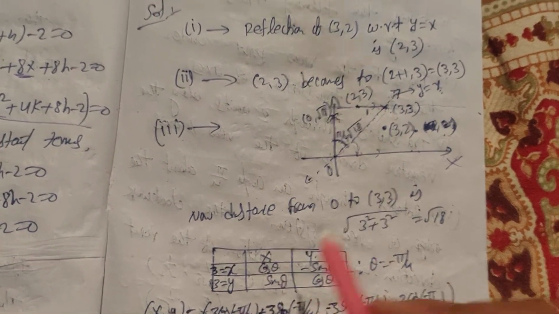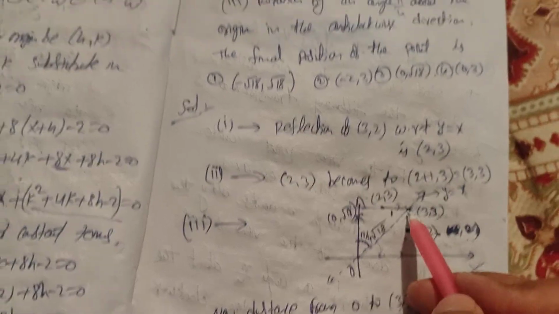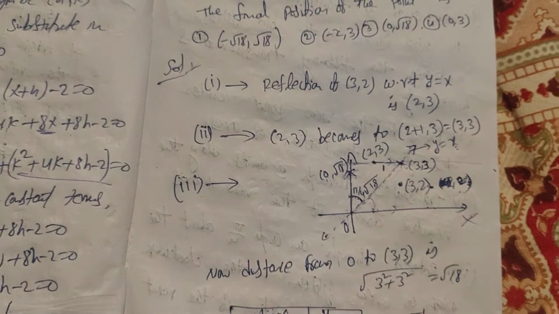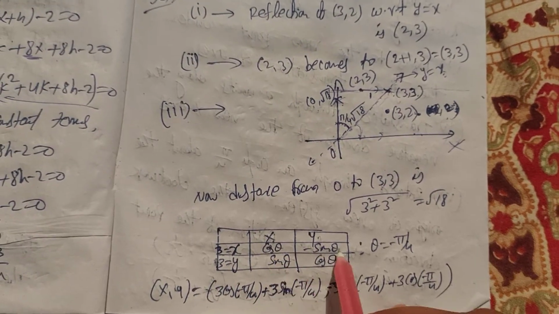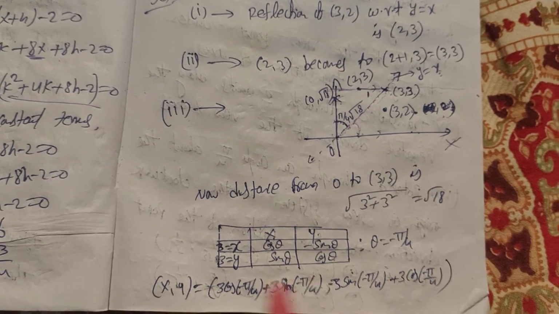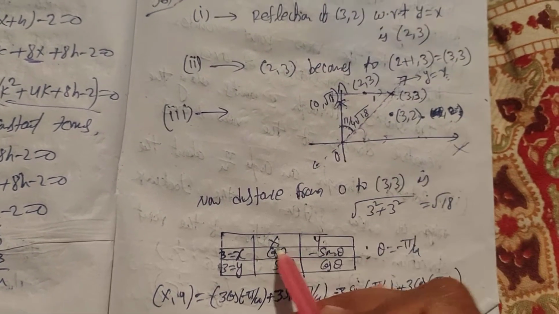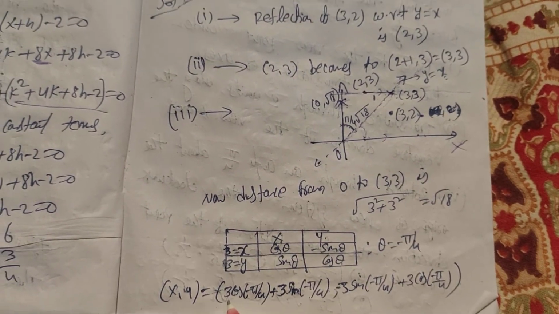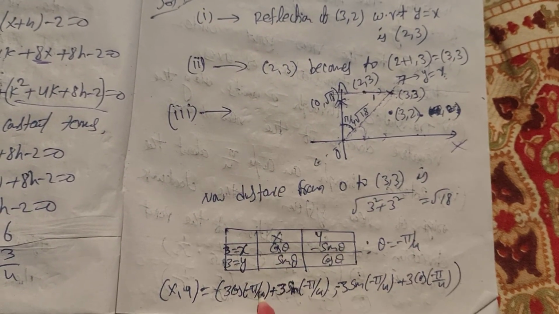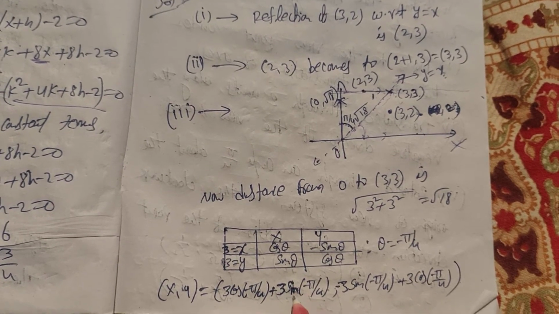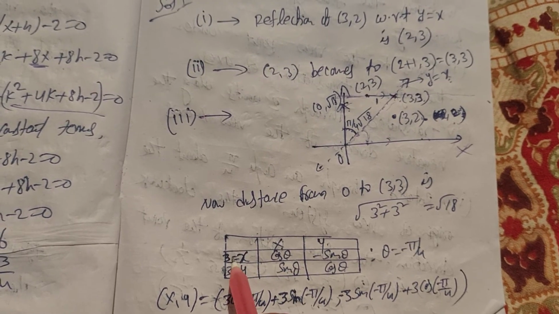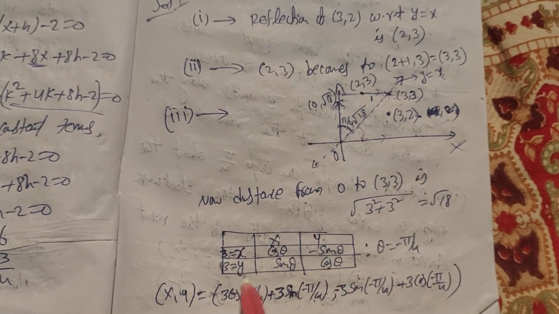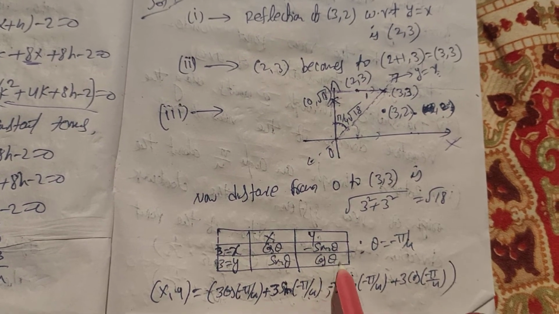So here x comma y are nothing but this point. After the second condition, the point that you have is 3 comma 3, those are nothing but small x comma y. So x is equal to 3, y is equal to 3, cos theta, minus sin theta, cos theta. So capital X, now we have to find the new coordinates. Capital X is equal to 3 into cos of minus pi by 4 plus 3 into sin of minus pi by 4, and capital Y, that means the y coordinate, is equal to 3 into minus sin of minus pi by 4 plus 3 into cos of minus pi by 4.